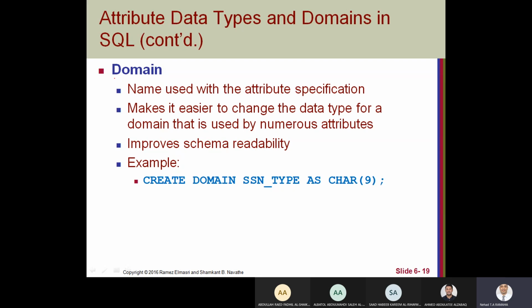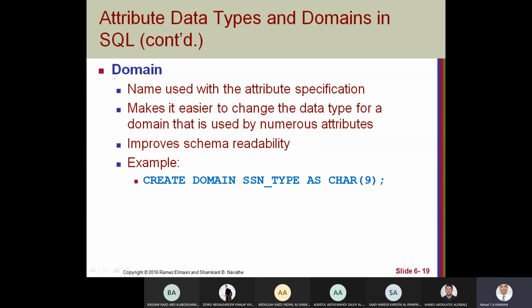Imagine that we have a database and we have many attributes for names of employees, names for departments, names for projects, and I need all the names to be standard with the same data type and some specification or constraint like not null and extra things.